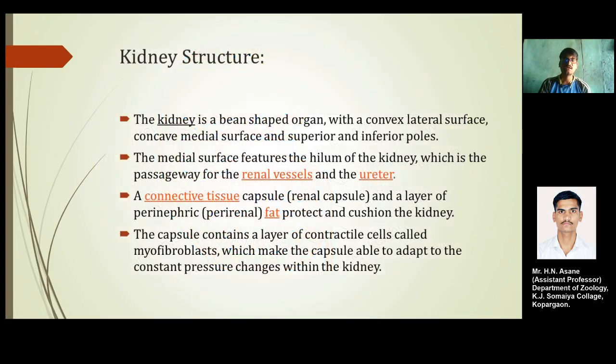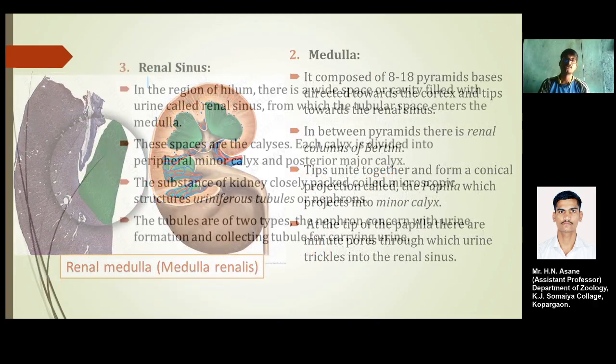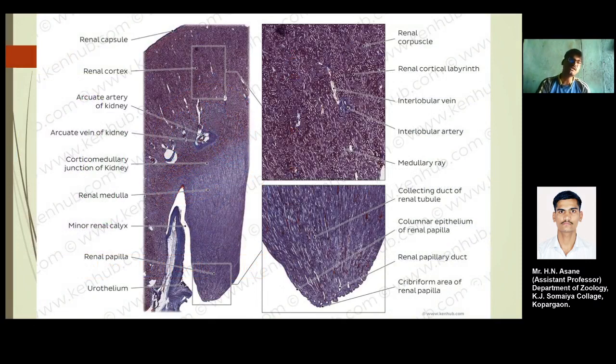Okay, and in that TS, as you can see, you will see the renal capsule, which is the coat, as I said, then the renal cortex, which is the second layer, and then the medulla. Okay, the renal medulla over here at the center, where the shade changes. The cortex part will be the darker part, and the lighter part will be the renal medulla. Okay, then the renal calyx.